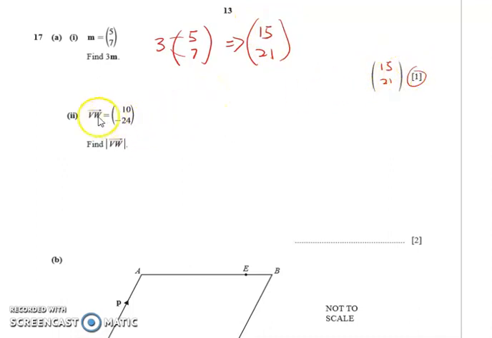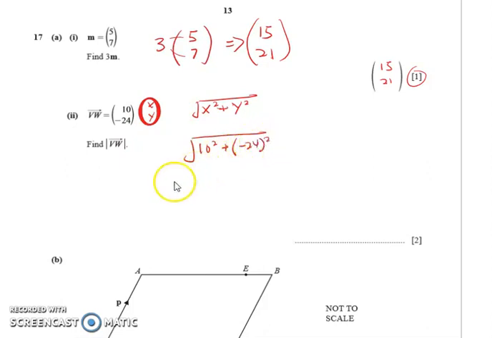Okay, the next one, they're finding a magnitude. So this is a x and this is a y. Your formula given to find the magnitude is this: the square root of a x squared plus a y squared. So we just have to follow the formula here, and we square this and plus with the other square. Now we are getting 100, and we plus with